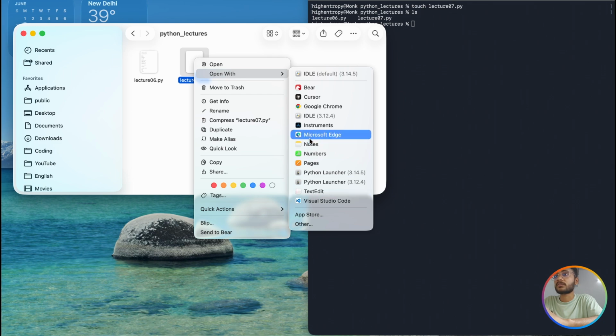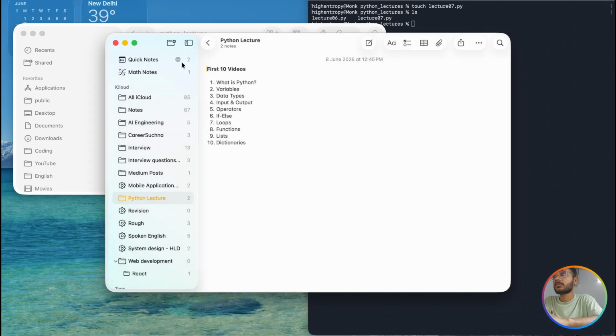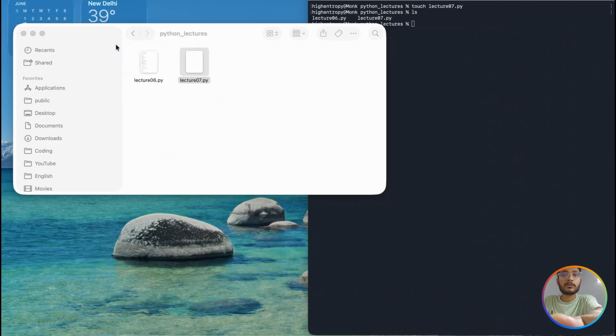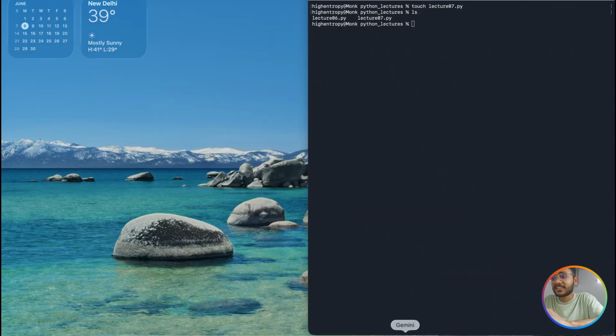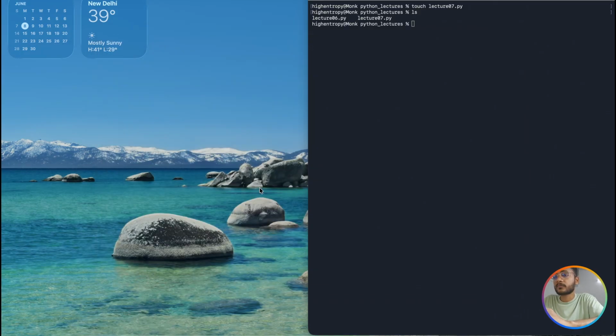Can I open it in? No, it's not going to help. Oh man, I forgot, I need to do something first. Okay, let me open the folder.